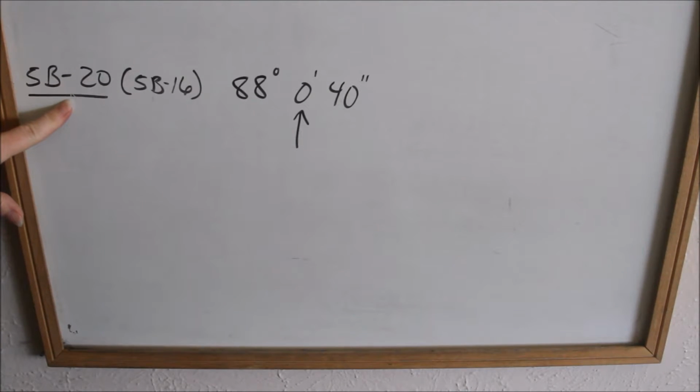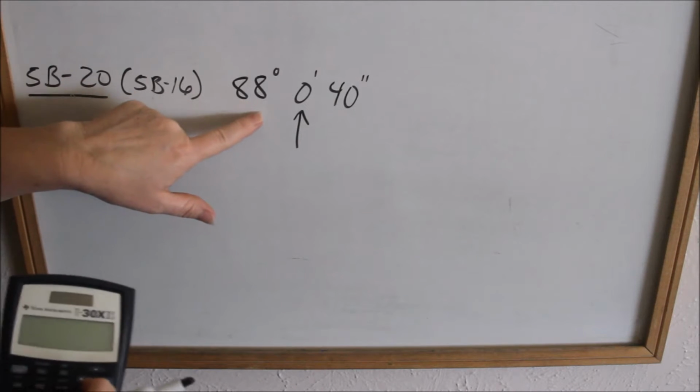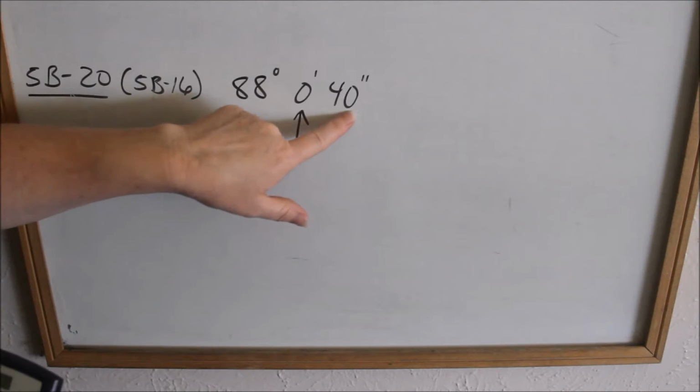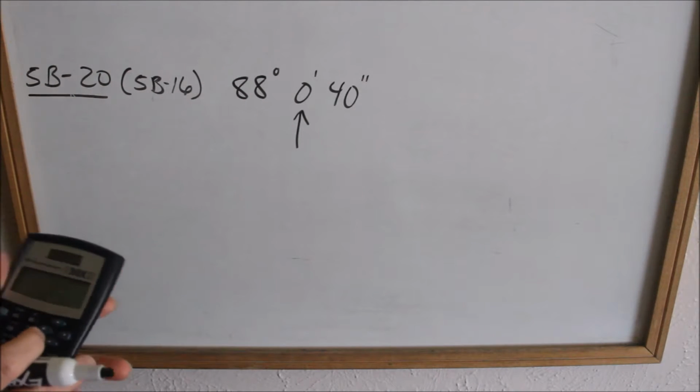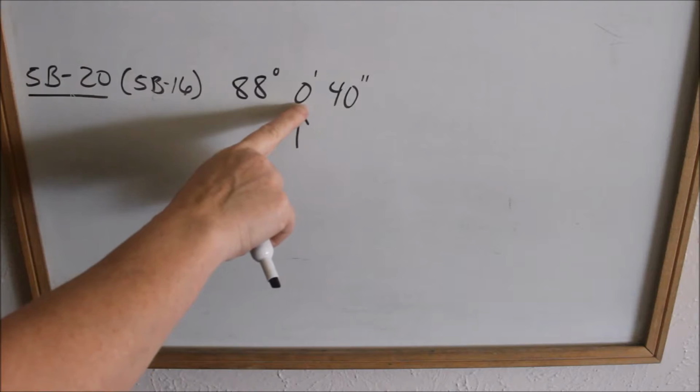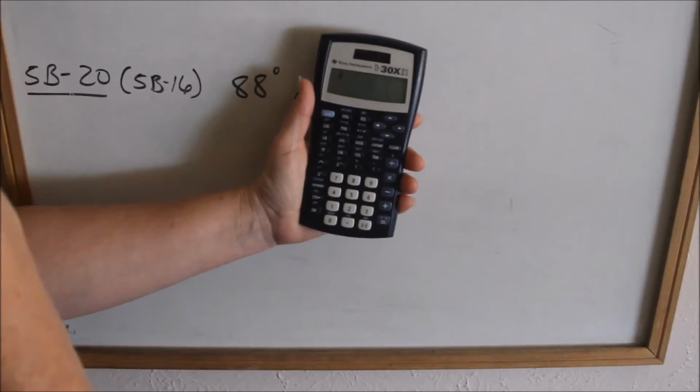Okay, now we're going to be doing 5B20. This correlates with 5B16. 88 degrees, 0 minutes, 40 seconds. We already converted it by hand in 5B16. Now we're going to do it with the calculator. This 0 minutes is going to be a key thing in the calculator. So in your calculator,